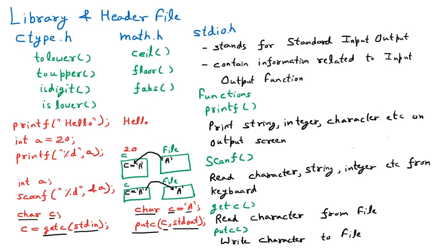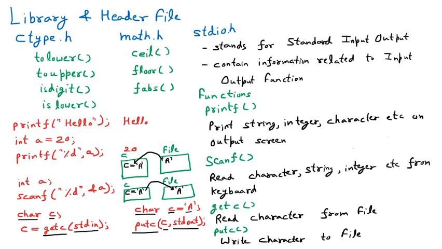File means a local file which is saved on your system. We know that whenever we are learning C programming, if we are executing a C program, we have declared the variables a, b, c, and their values. Once the program is over and we turn off the C program, the values of all the variables will be lost. But what I want is that the values will persist. For that we are having the file handling. So in file handling we can store the values. So these are two functions which are going to take the input from the file using getc, get character, and giving the output to the file, means writing the file, that is putc, put character.